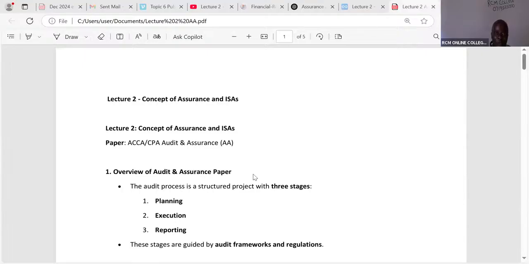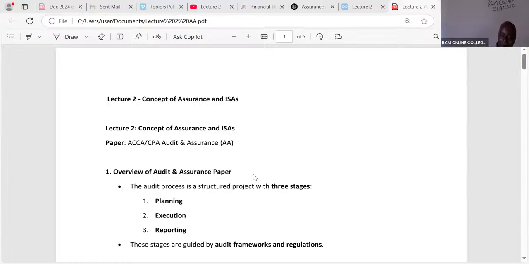And then, of course, I think through, given the evidence that I have, what kind of an assurance report do I give these people? Do I give the people who engaged me, like the shareholders of this hotel, an opinion that will be unqualified? I'll be able to explain what that means. Will it be a qualified opinion? Will it be a disclaimer? Because if I go to the hotel and the hotel people are not cooperative, they're not able to give me information, then I will come and say that I was not able to form an opinion. So I disclaim. It's called a disclaimer. I'll be able to look at that.